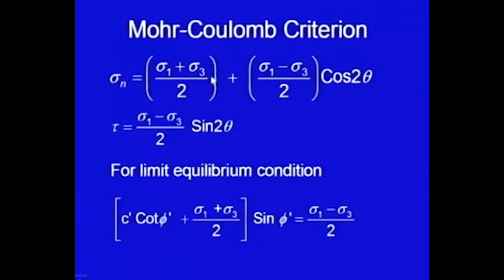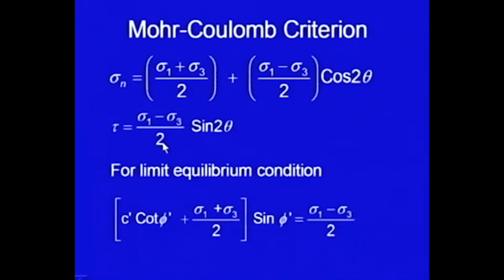From your mechanics principles, you can find out the normal stress which is acting on that plane which is inclined at an angle theta. Sigma n will be equal to (sigma 1 plus sigma 3)/2 plus (sigma 1 minus sigma 3)/2 into cos 2 theta. You can also calculate the shear stress which is acting on that plane,